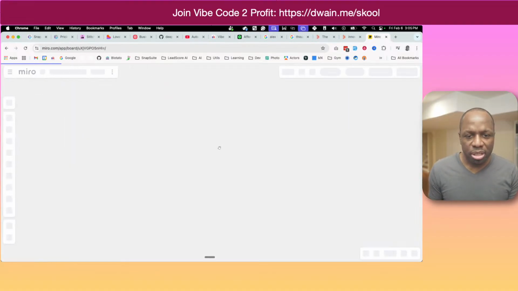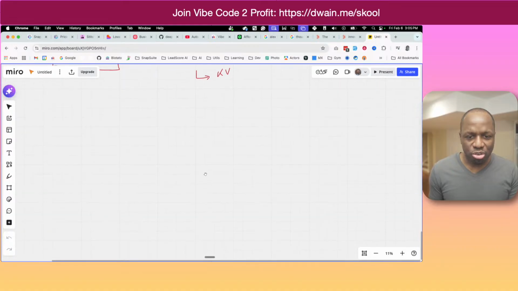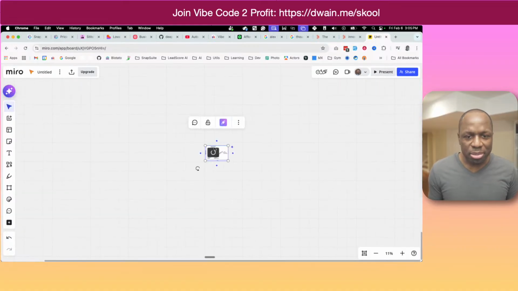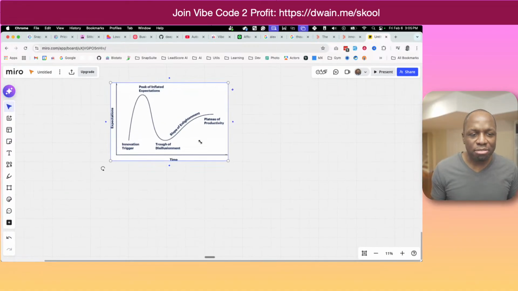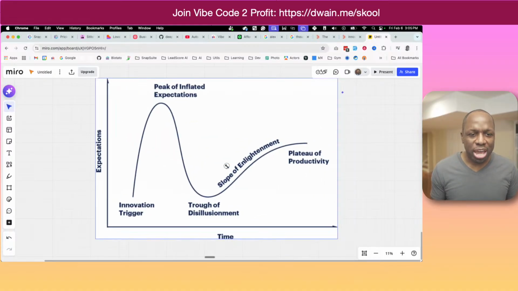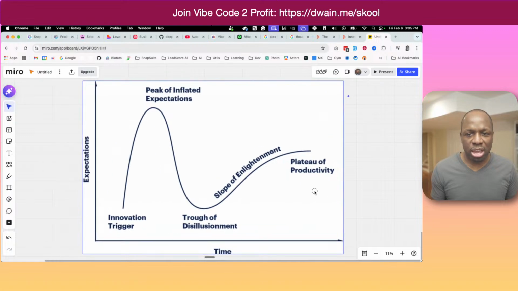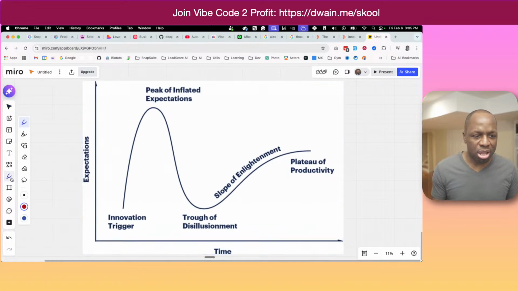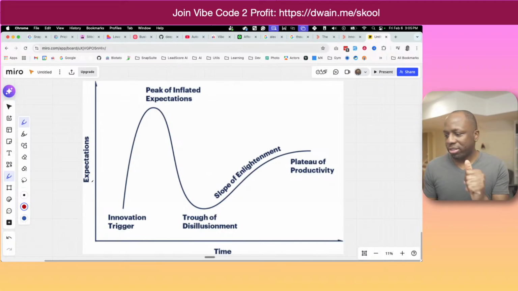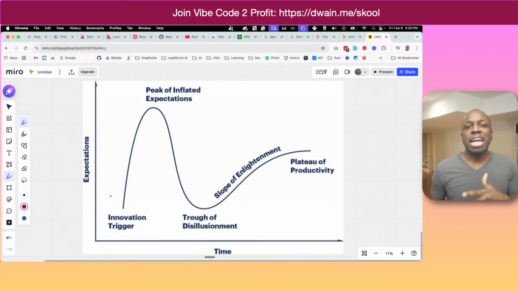So what is this whole trough of disillusion? It's something you have to really understand when you're in business. This took me so long to understand, legit long. So here's what happened. When you start your business, it's like, oh, I have this idea, I'm going to cure cancer. Or, I have this idea, I'm going to build this app and it's going to solve all these problems, and I'm going to make money and I'm going to be rich, right?